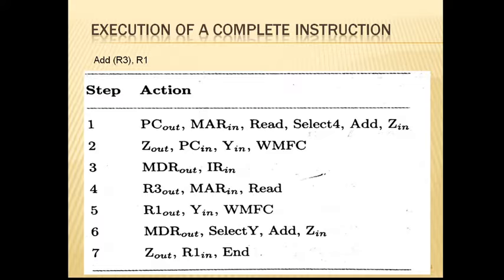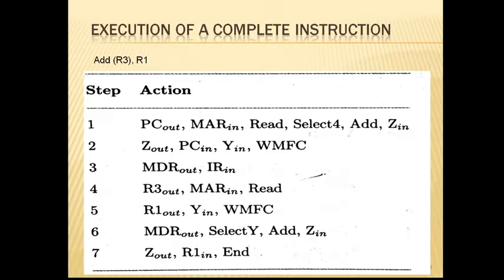Throughout this textbook, the instruction size is considered to be 4 bytes. So I will add 4 bytes to the previous address, which will give me the address of the next instruction, and the PC will point to that address. How do I select this value 4? By setting the select signal of the multiplexer to select 4, and then adding these two values, the previous address plus constant 4. The result will be loaded into register Z.